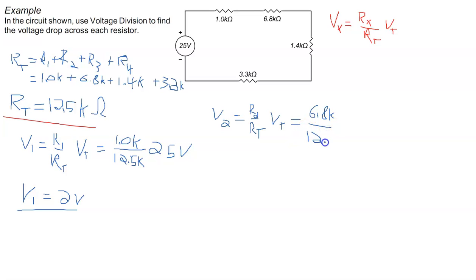Now you'll notice that the 6.8K is more than half of the 12.5K. So we expect that the voltage drop across V2 is approximately, or a little bit more than, half the voltage of VT. And so when we do the calculation, we're going to verify that, of course, we come up with